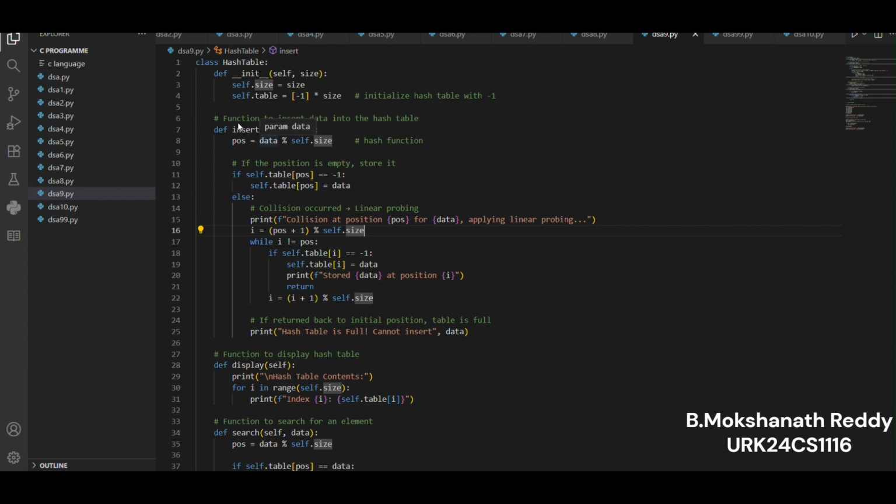The program begins by creating a class called HashTable. When an object is created, the constructor __init__ initializes self.size, which is the size of the hash table, and self.table, which is a list initialized with -1. For example, if size is equal to 5,